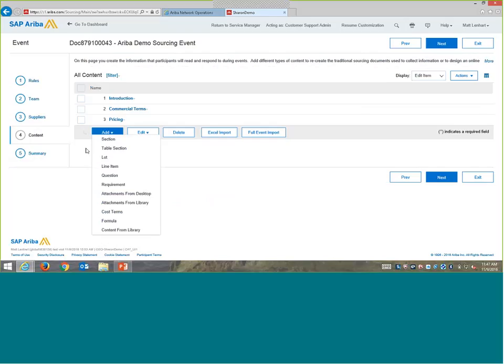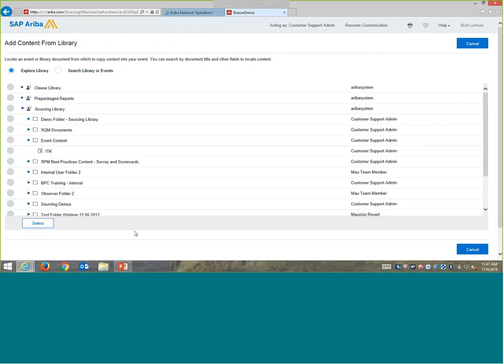But what you get here is an option at the very, very bottom, which is content from library. It's a little more specific than when you're copying a file, but when you click on that, it'll bring up a similar interface to what we looked at before, but it will take you directly into the sourcing library. So it's going to jump you right into here, and then we can open up the folder that we were